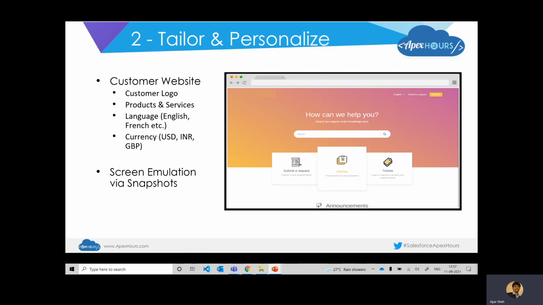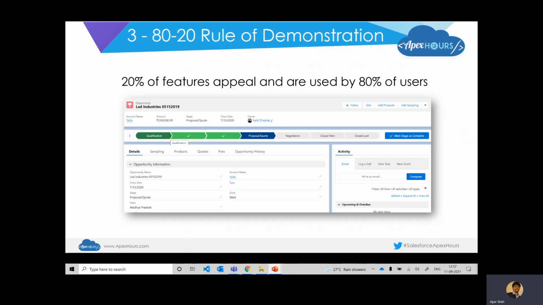This gives the person looking at it the illusion that it's actually my website, and that adds a lot of interest, and the user on the other end who's looking at the demo is able to relate to it. So this is often an important and interesting aspect.